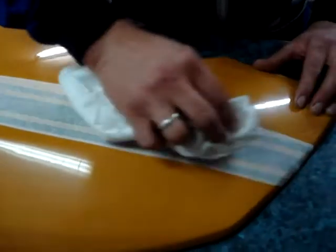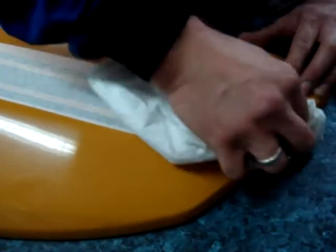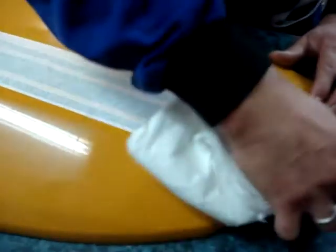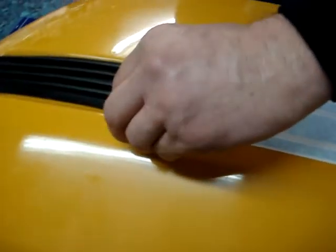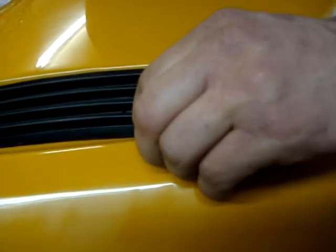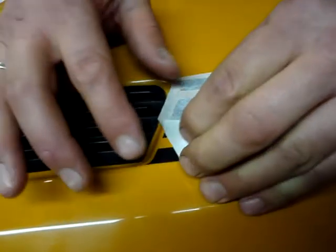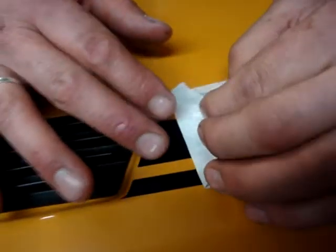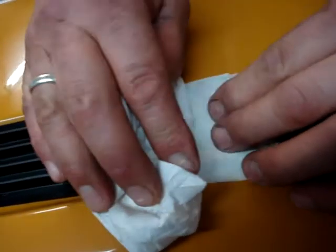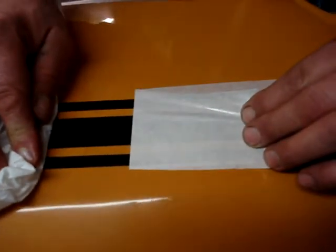Push all of the air out to the edges, front to back, making sure you've got no air bubbles before you pull the backing paper off. Sometimes it goes over the edge, which can't be helped, but you can trim that later to make it perfect. Start very, very carefully by pulling the edge up, pull it back gently, checking that the black is left on the panel, using your finger just to push it back if need be, just very gently before you get it started. And then hold that down with the cloth and gently pull back,